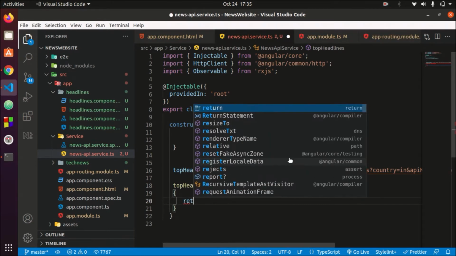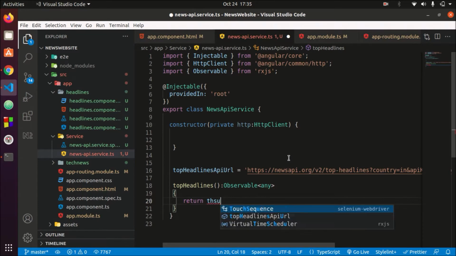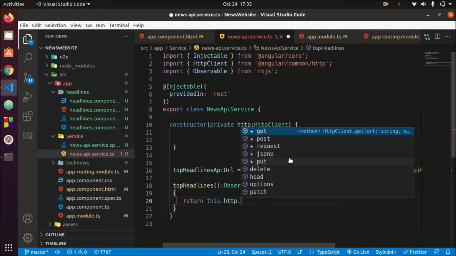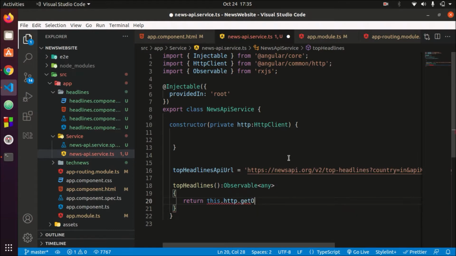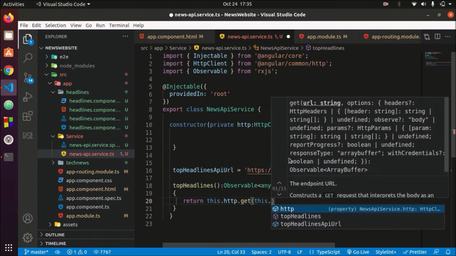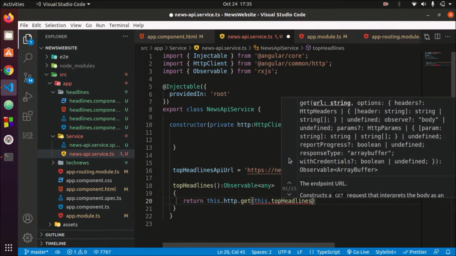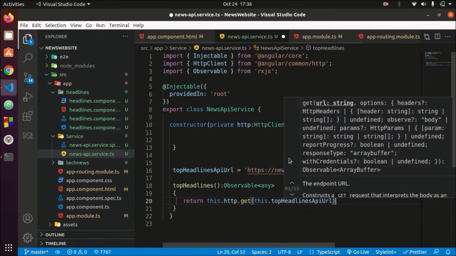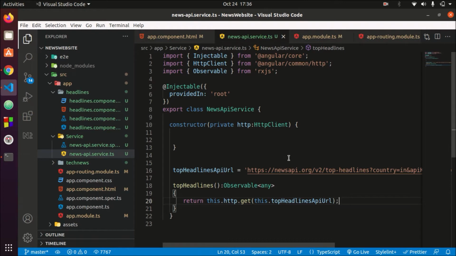So return this.http, we are making a get request, so get, and the URL which is this.topHeadlinesAPIURL, sorry. So this is what we have to do to connect with the API.